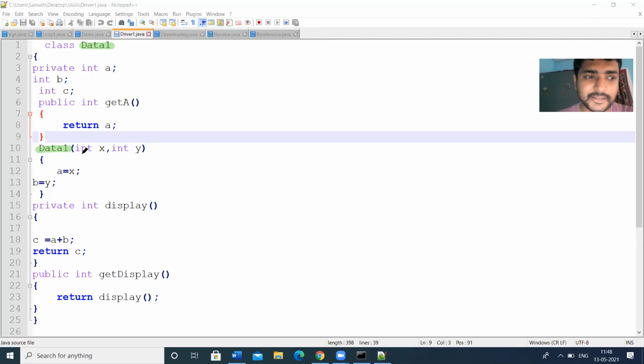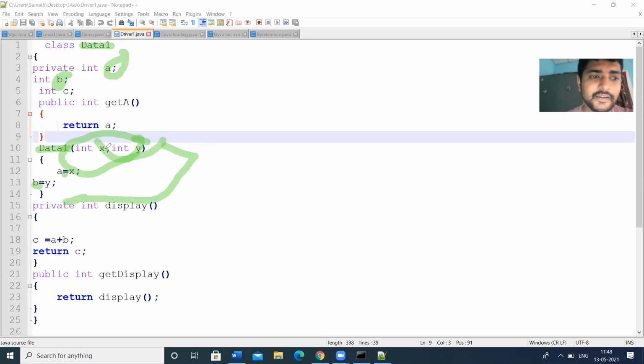We are saying that this is a method, and we are passing some parameters. We want to initialize the two variables a, b. That's why we are passing the two parameters x and y. We are assigning a = x, b = y. So we are assigning the values to the variables a and b. This is named a parametric constructor, because we are using parameters to initialize the variables. All the available parameters are initialized in the constructor, a = x, b = y. This is how we can use the constructor.